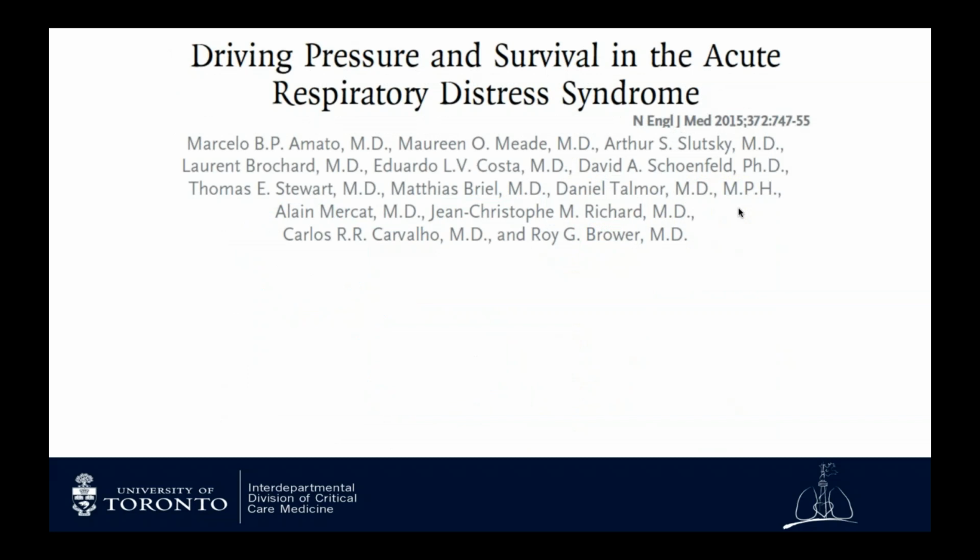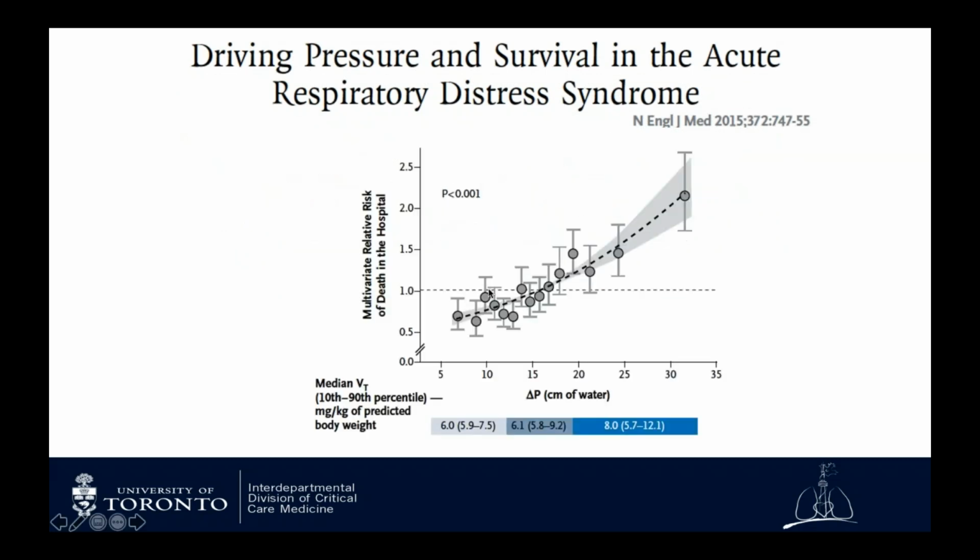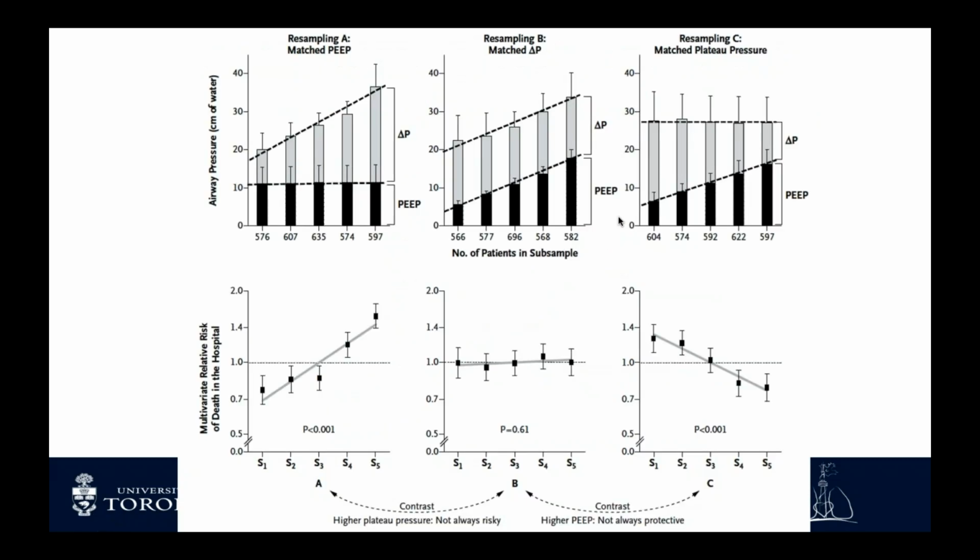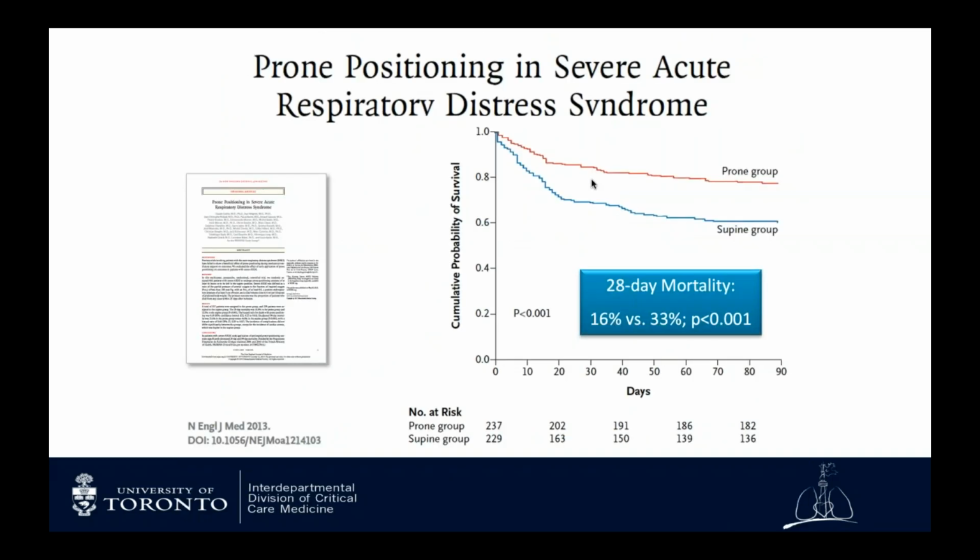And this helps us understand the concept of driving pressure. So we know that taking care of tidal volume is important, but if you look at the driving pressure, which is the distending pressure across the respiratory system, so the plateau pressure minus PEEP, there's a clear association with mortality that is independent of PEEP here. So fundamentals here are so far taking care of tidal volume, focusing on driving pressure and trying to keep it less than 15.